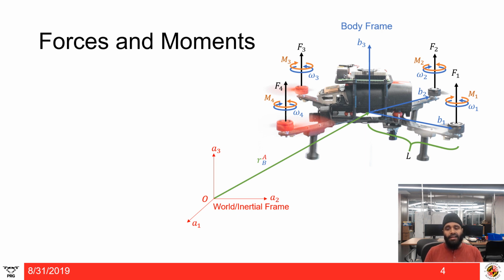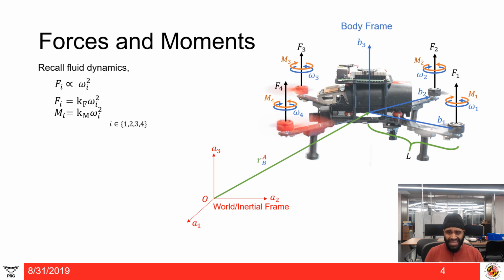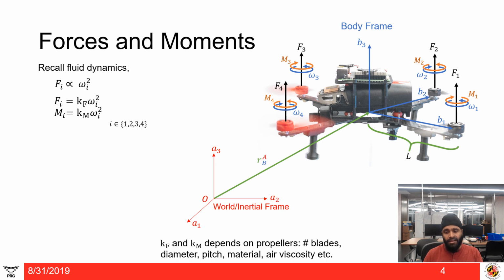So we can say that the force acting on each propeller is constant kf times omega square. And similarly, the moment or the torque at each propeller is km times omega square. These constants depend on number of blades, diameter, pitch, material, air viscosity, and various other factors. But in reality, these are not actually constant and can change with things like temperature, aerial velocity, and